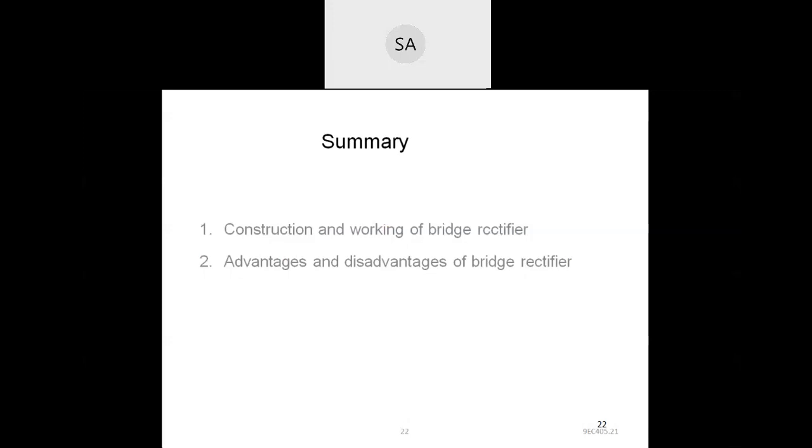Only the peak inverse voltage VM and the maximum current IM change, where IM is VM by 2 RF plus RL. Why? Because the current flows through the load resistance in both directions of the input cycle, so we take the forward resistance of the diodes as the sum of the two, that is 2 RF.